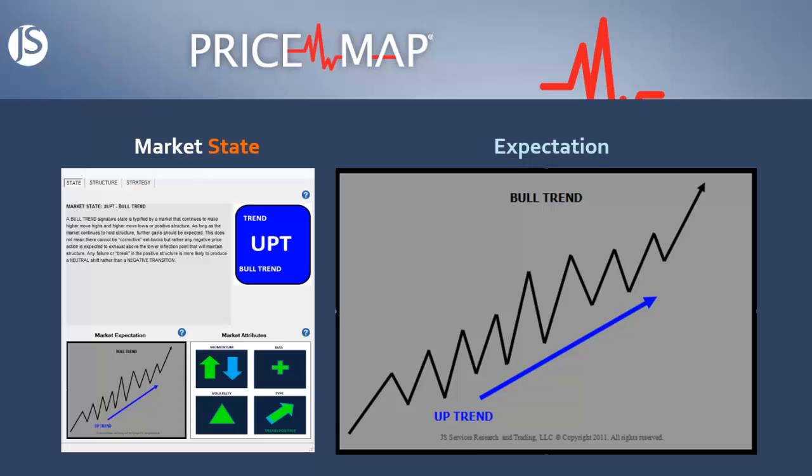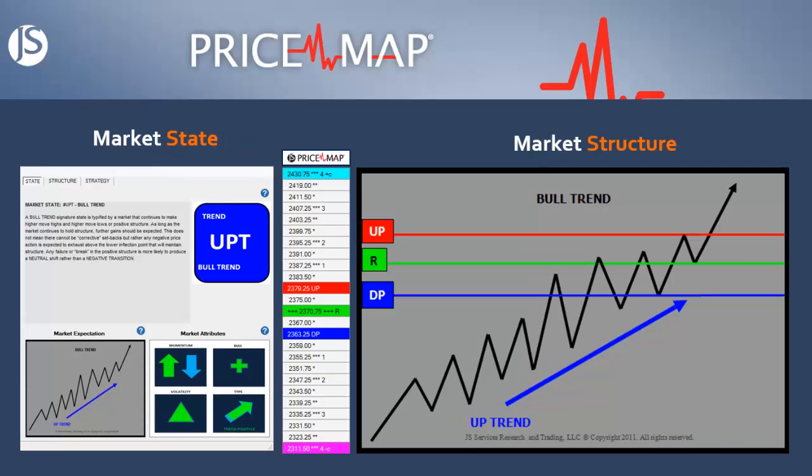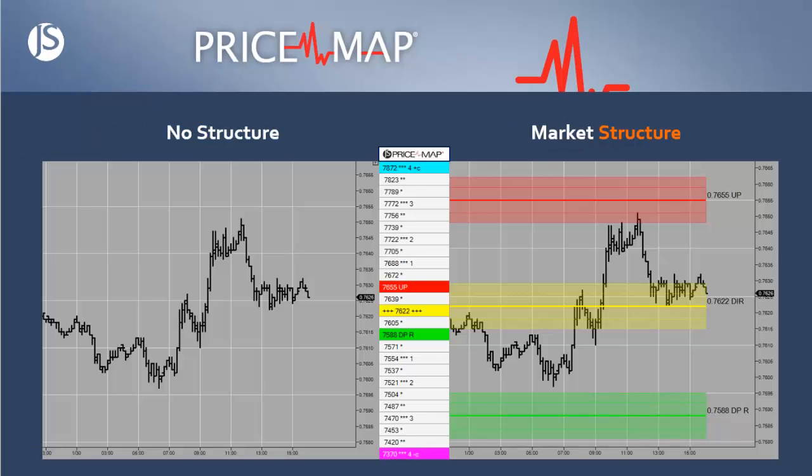The expectation of a bull trend is a market that is trending higher, making higher move highs and higher move lows. The price map is the structure that outlines the boundaries which make the definition of a market state true. They are the price points where the market state will either hold structure and persist, or break structure and transition. As the market moves up and down during the trading session,